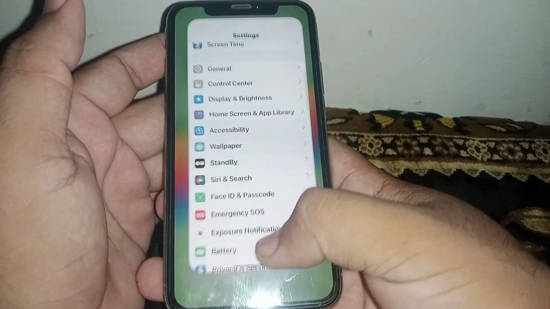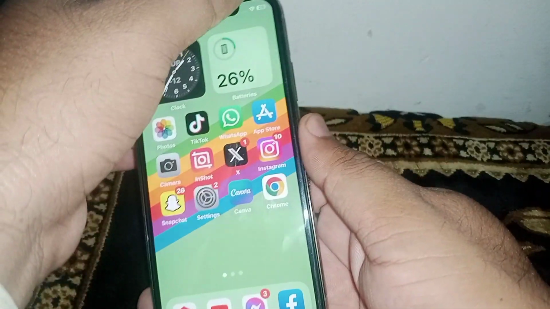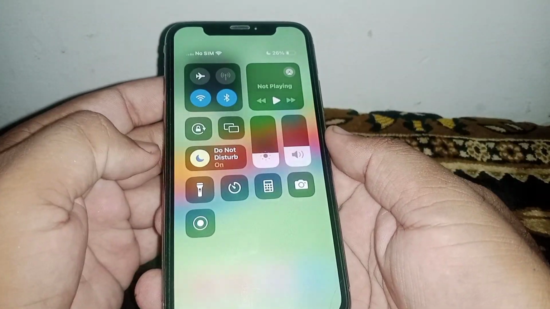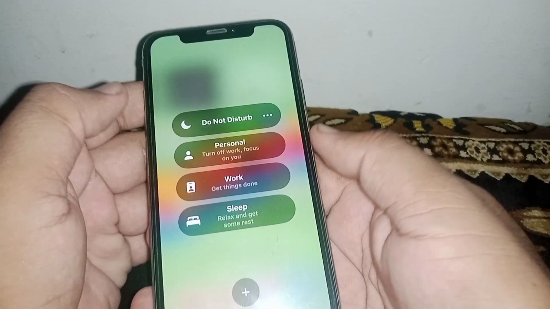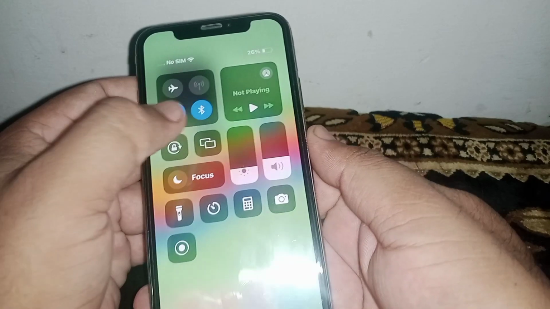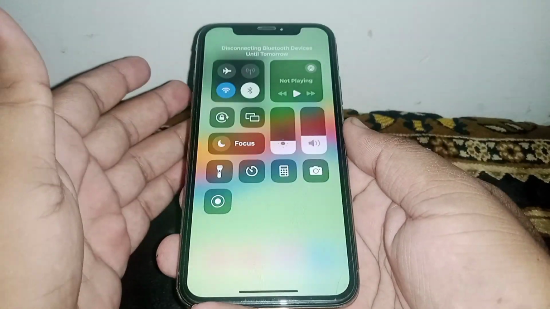If the problem is not fixed, then go back to the home screen, scroll down and turn off your Do Not Disturb mode, and after that go back and turn off your Bluetooth, and after that I hope your problem